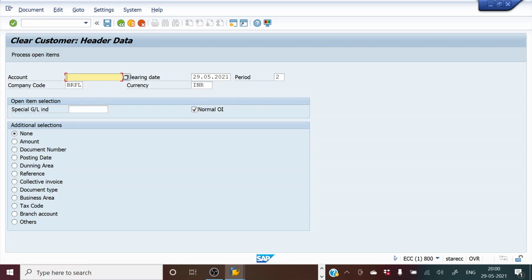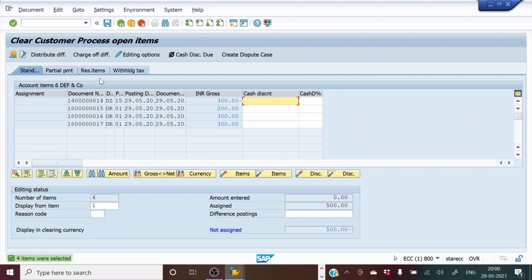So the account would be the customer account, which is 6. And if you see, I am going to deselect everything. I'll block it and deactivate everything. It was 500 before, now I'm deactivating, everything is 0. Now I will select this 300. I will select this. 300 comes in the payment entry, and I'll select 17. That will come in the invoice item, and the entire thing becomes 0. Now I have actually selected the right line item, and I am going to clear them off.